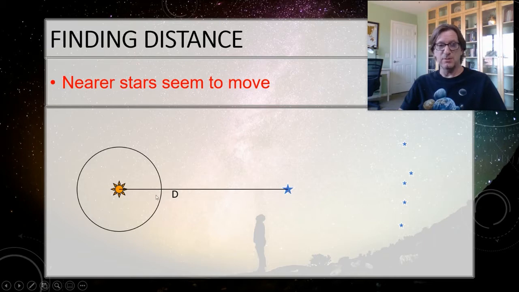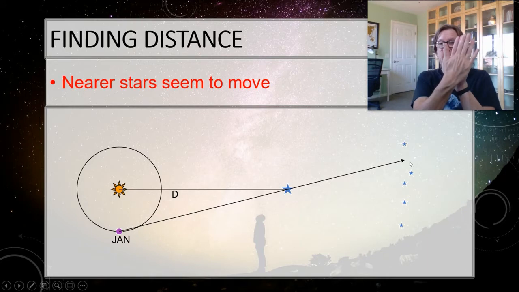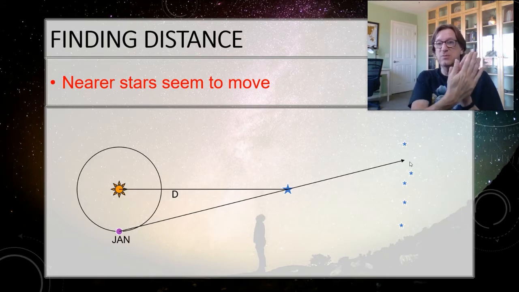All right. So what I do is I take a picture of the star in January. It doesn't matter which month, as long as they're 6 months apart, but let's say January. In the picture, this star will appear to be right here in the middle of all the rest of these stars. Can you see how that would work? Because remember, the picture looks flat to me. I'm not going to see it in 3D, so it's going to look like it's just pasted right over here.